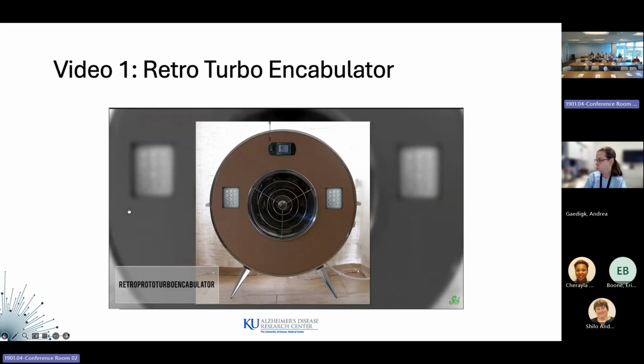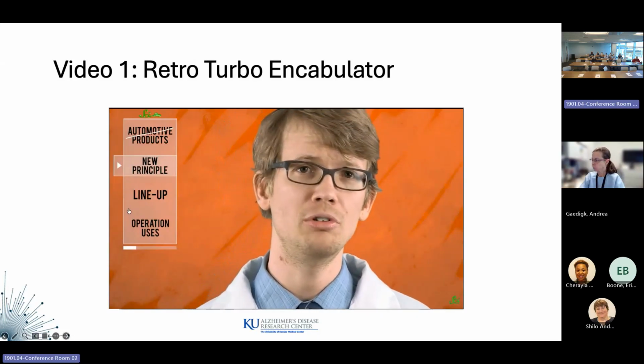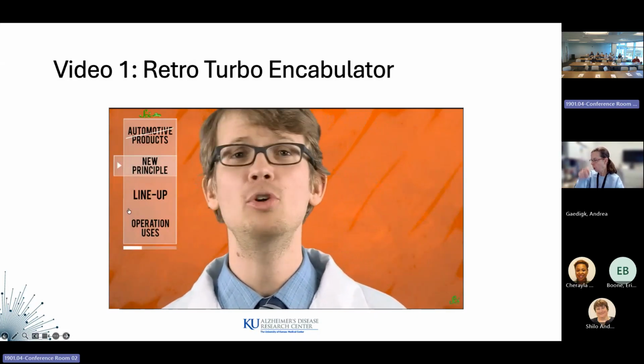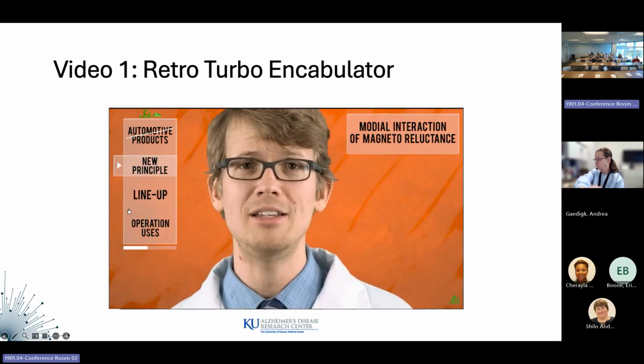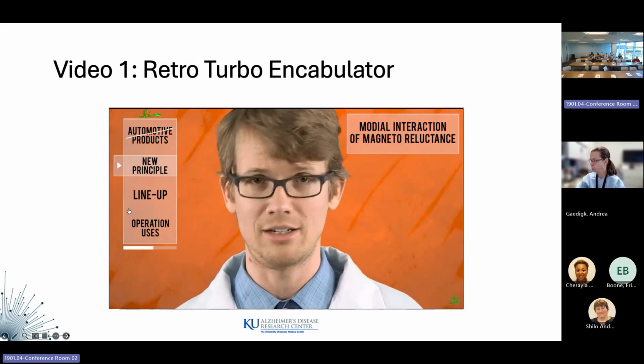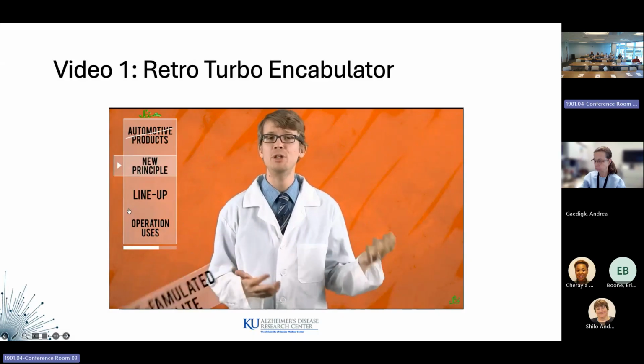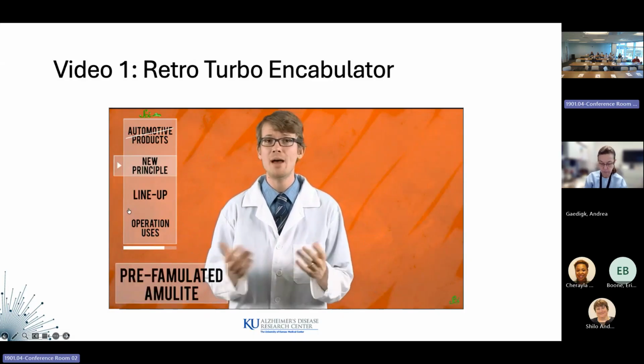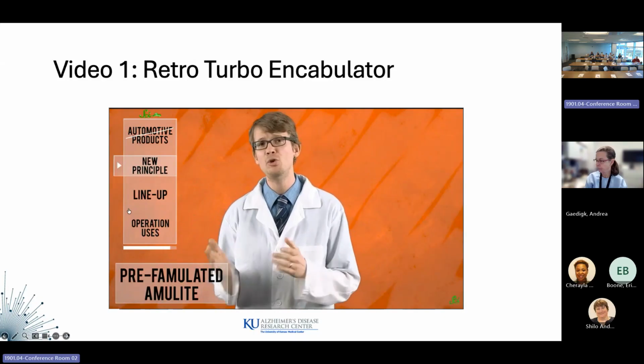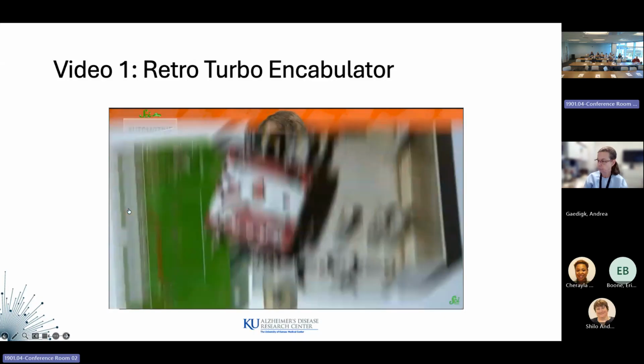Now, basically, the only new principle involved is that instead of power being generated by the relative motion of conductors and fluxes, it's produced by the modial interaction of magneto-reluctance and capacitive diractance. Now, the original machine had a base plate of pre-famulated amulite surmounted by a malleable logarithmic casing in such a way that the two spurving bearings ran in direct line with a panometric fan.